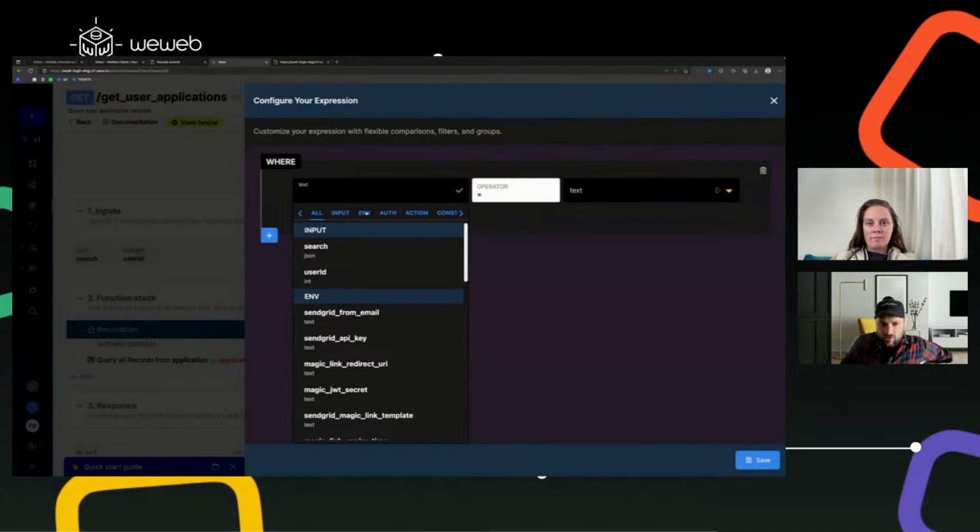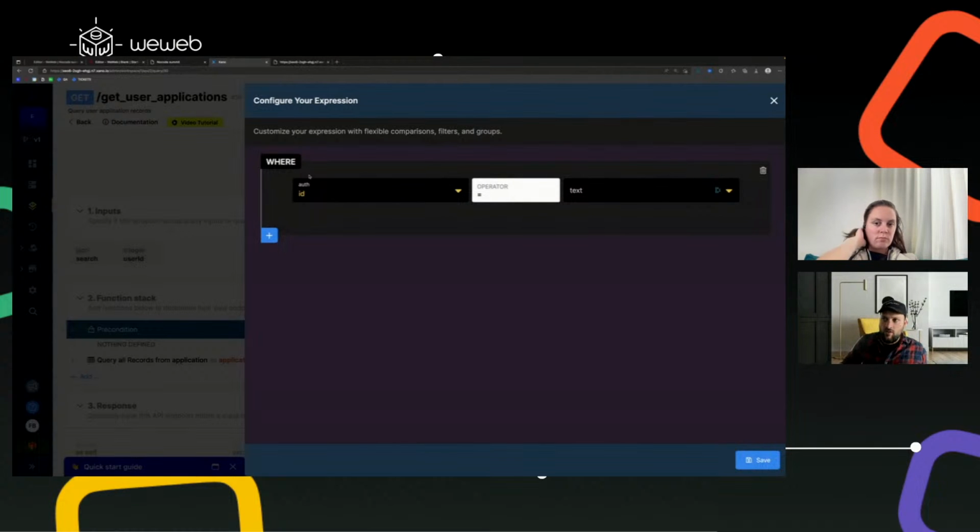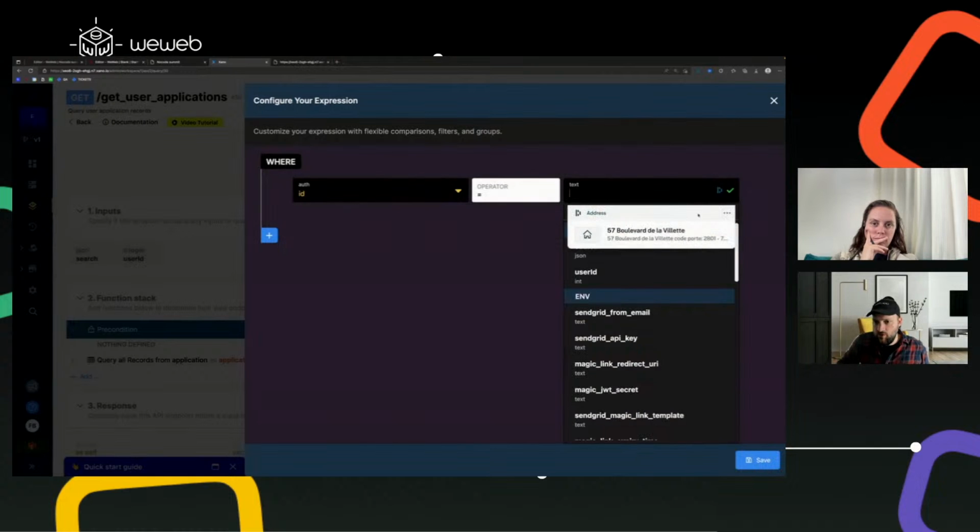And so in Xano, you can go to this auth tab in here. You can click auth, and you can click on ID. This ID is the ID of the user that is trying to get the data. So what I want is to have this ID equal to